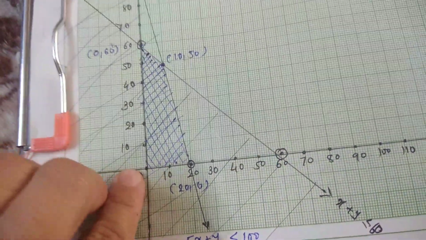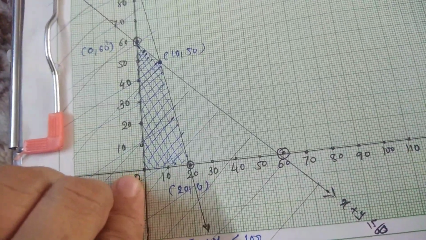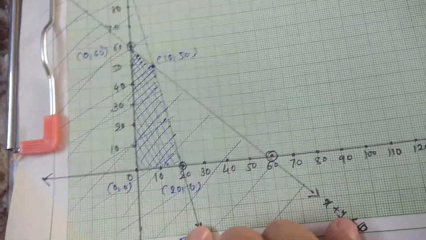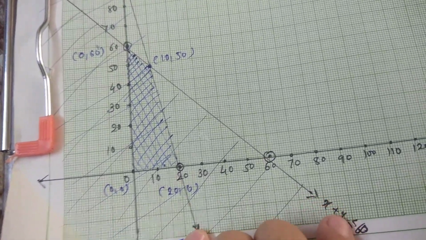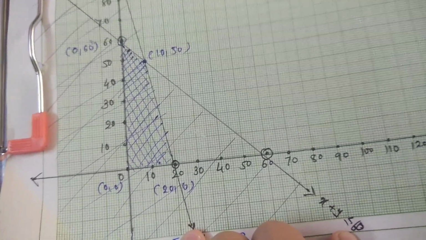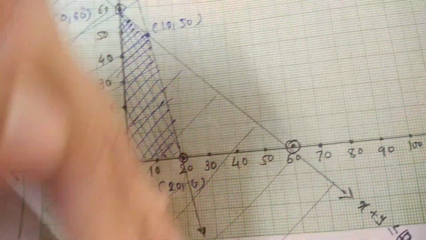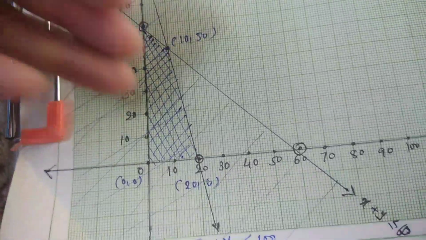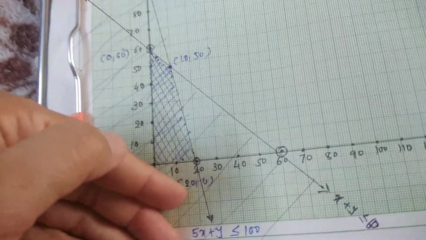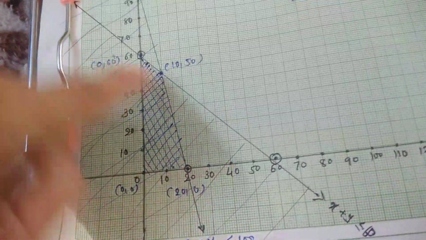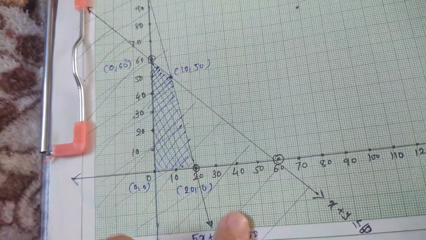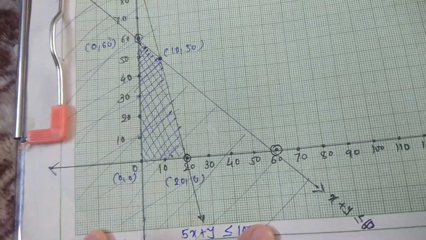What we have done is taken one point from the solution. First we check for the origin. So we put 0 and 0, so 0 plus 0, and 0 is obviously less than or equal to 60, therefore the lower portion is our solution. This is the line we have made with the black pen. This is known as the lower solution.